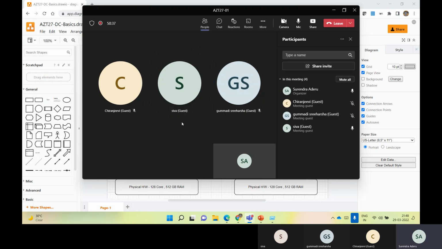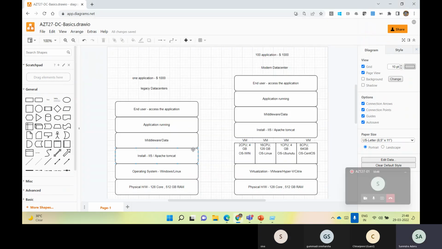So in a legacy data center, one application is $1,000. I'm just giving an example here: if you see one physical hardware compute, we have 128 cores of CPU and 512 GB of RAM, and you are running only one application on top of it, one OS typically, correct? Yes. When you're saying one OS, you can run hardly one application.